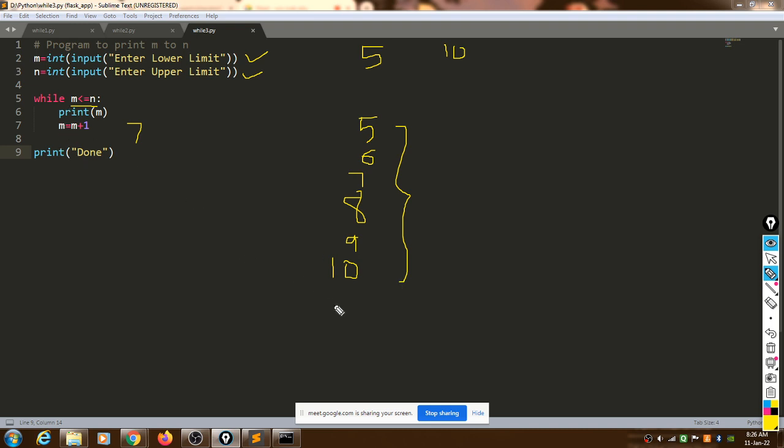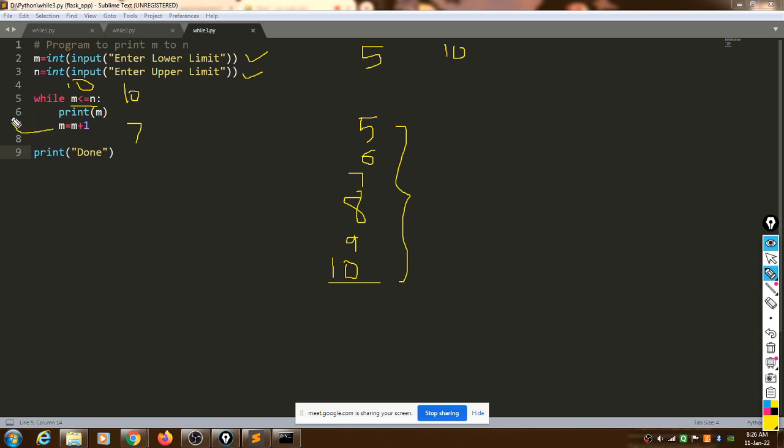When the value of m becomes 10, what would happen? Look here, while m less than equal to n, m is 10, n is 10. 10 is equal to 10, so it remains true, print m, it prints 10, then m becomes 11.